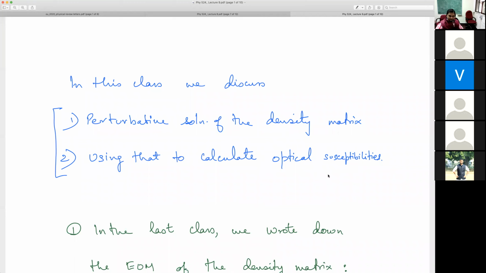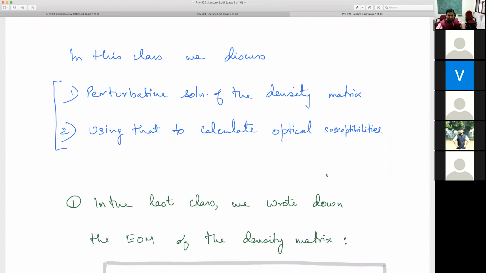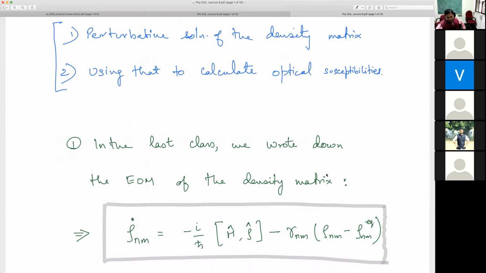So we will calculate the first order susceptibility today, and you will see that using this trick you can already calculate the second order and third order susceptibilities easily. I mean to any order, but second and third are important because there are a lot of experiments that we do on them.